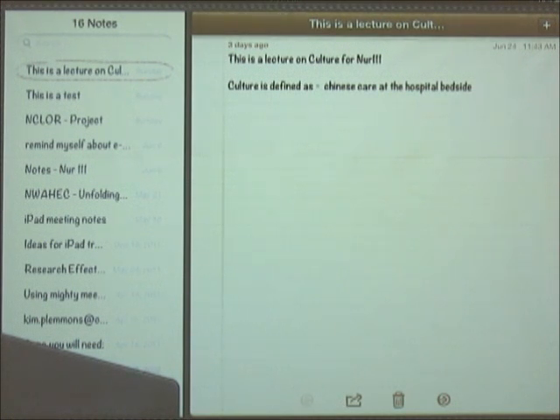And the beauty about it is being able to instantly email it to yourself or to a fellow faculty member or fellow student. I don't know if you heard that sound, but that was the sound of my email that just got sent. I'm also going to show you the volume controls, which I failed to show you previously, but let me show you that